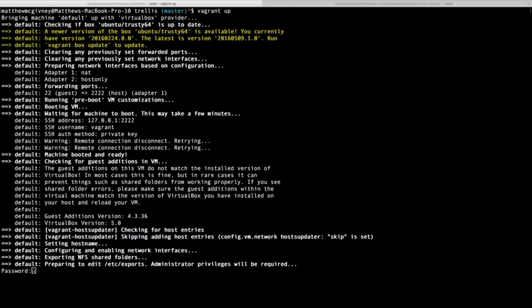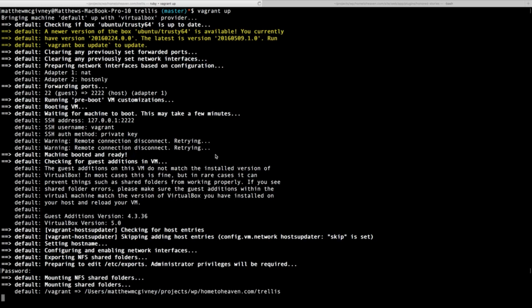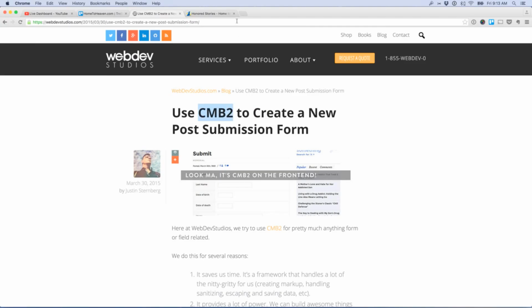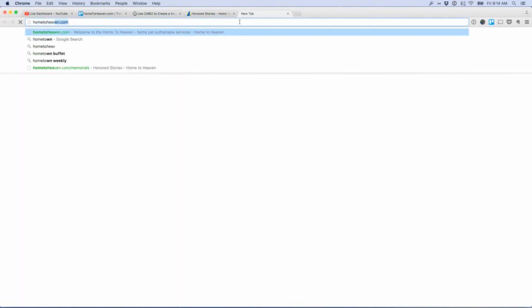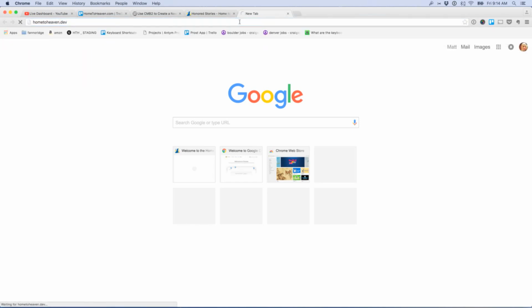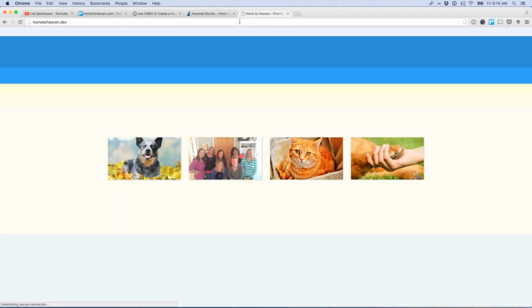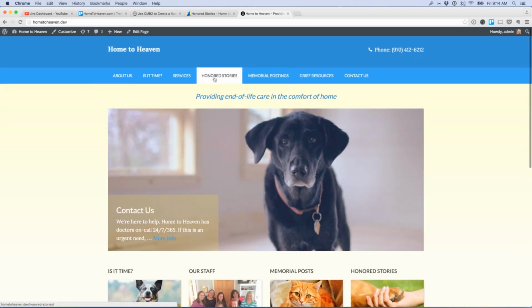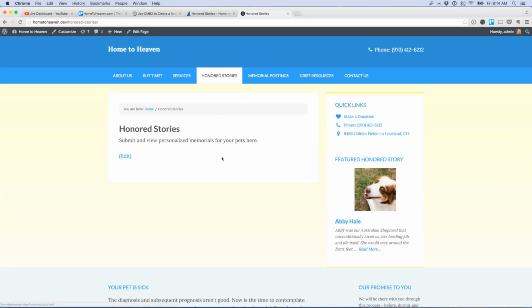And yeah, it's waiting for my password, so put that in. And all this is doing right now is turning on a server that runs on my computer, as I mentioned before, so that when I now am working on Home to Heaven dot dev, I should have my work in progress local website. Perfect. So that's loading locally, and my honored stories area, just for showing you the new side of things, right